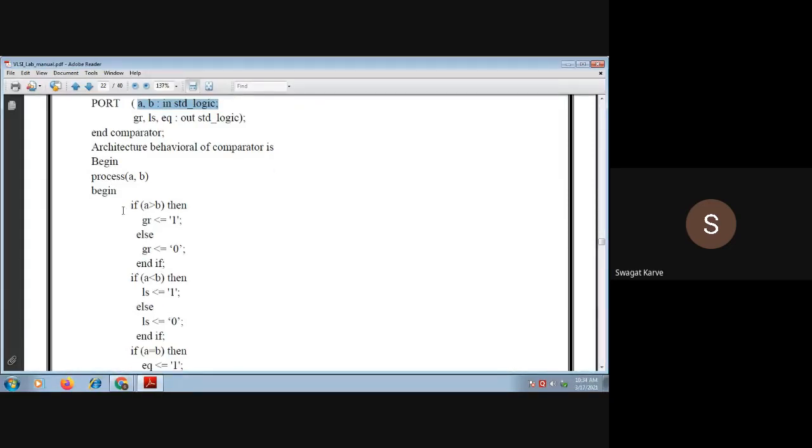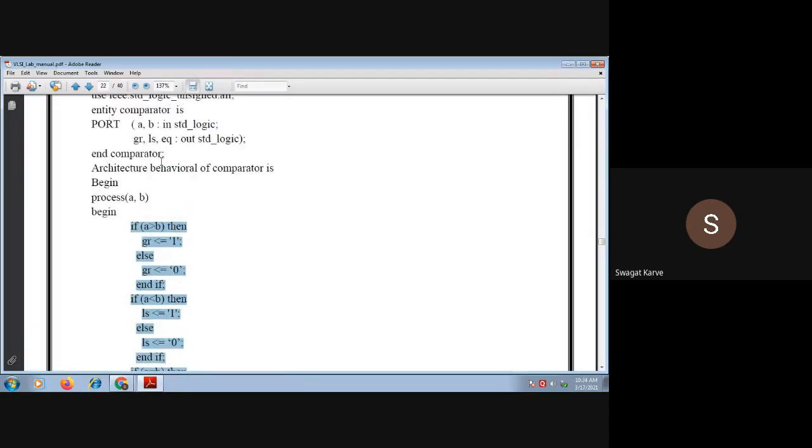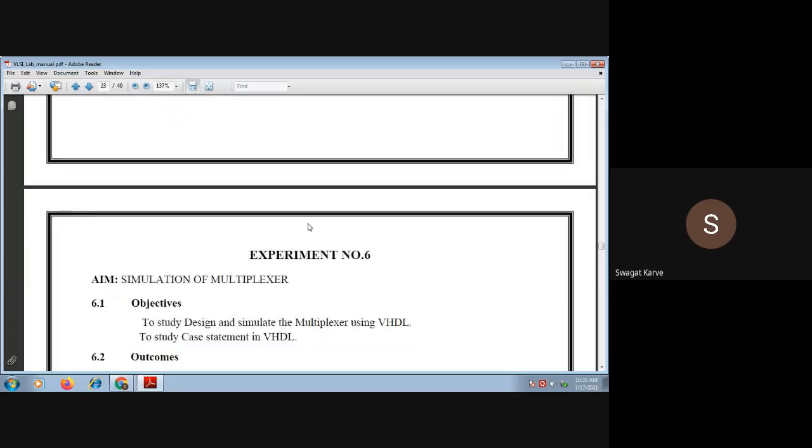The rest of the logic will remain the same. Only the difference is in the port or entity part. That's it. If you make a change in the entity, you can write the code for an n-bit comparator. Clear? So this is about the comparator.